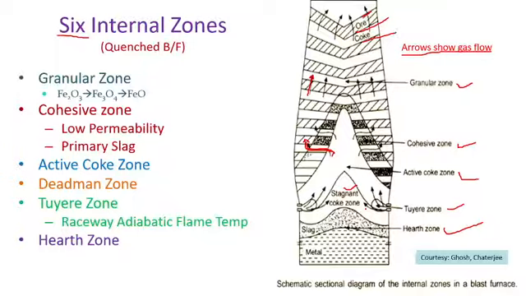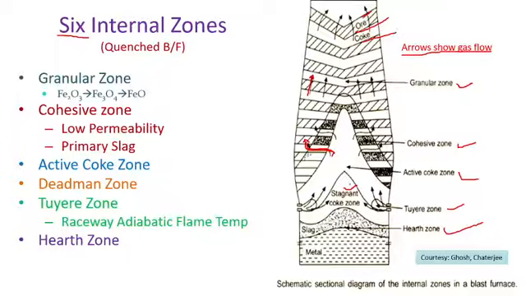Therefore, the FeO content of this slag that trickles down from the cohesive zone, that slag is called your primary slag, and then when it trickles down through the coke layers, the FeO content decreases. Okay, and also due to high temperature, CaO and MgO join the slag phase and increase its basicity. Okay, in the stagnant coke zone, due to this its basicity increases. This is called your bosh slag. Okay, higher basicity in the bosh slag is there due to CaO and MgO.